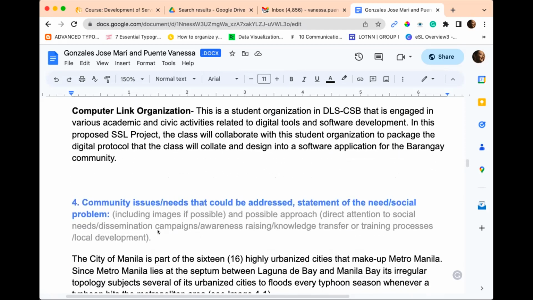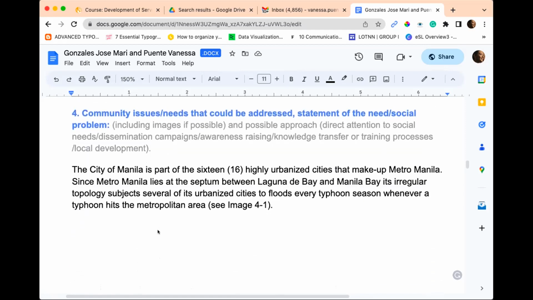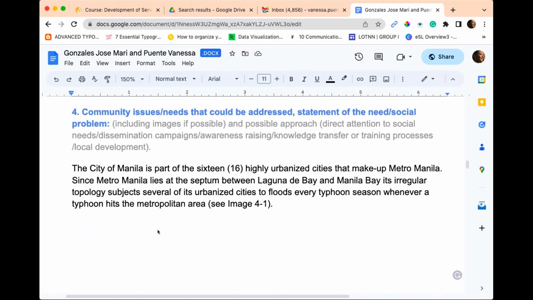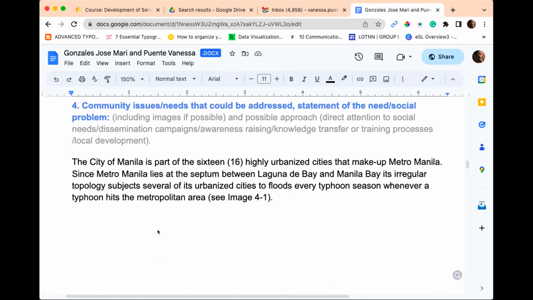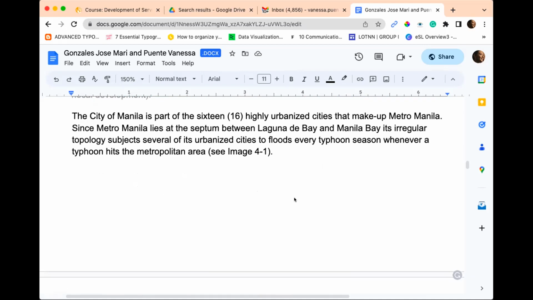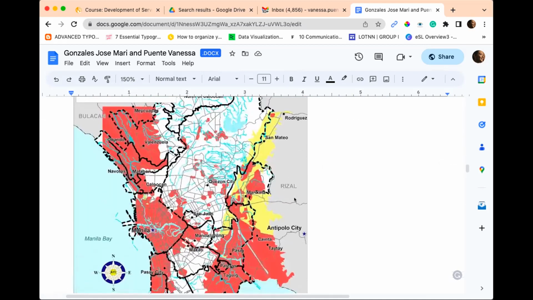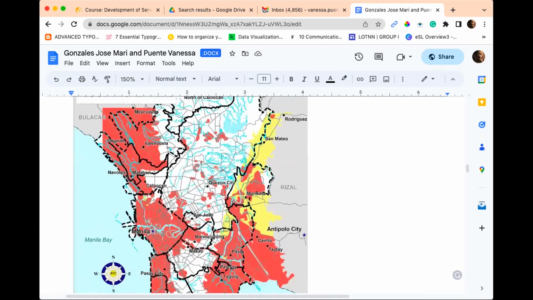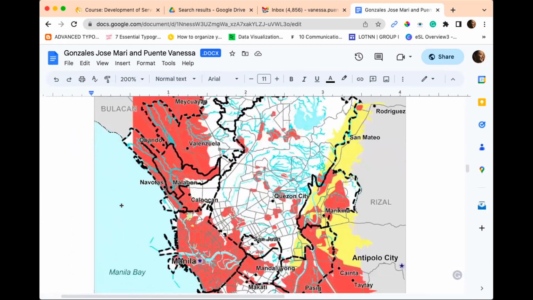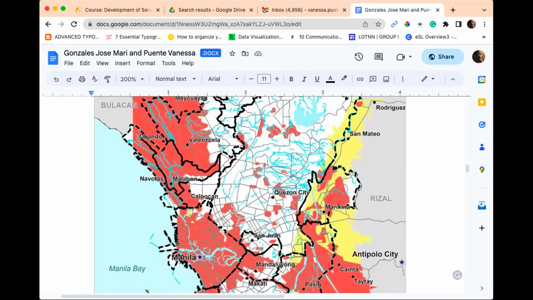Right, so the community issue involved in our service learning activity is in the city of Manila, wherein we have 16 highly urbanized cities that make up Metro Manila. The city of Manila is one of 16 highly urbanized cities within Metro Manila. Since Metro Manila lies at the septum between Laguna de Bay and Manila Bay, you would notice here, the entire city happens to be the septum of these two